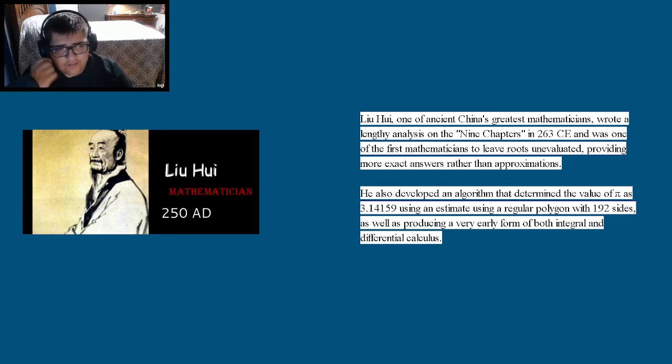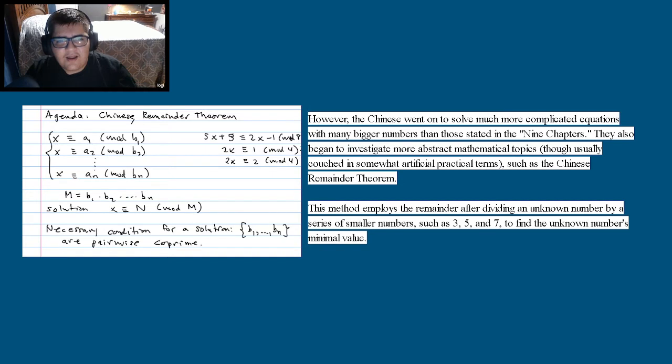We have a picture of Hui, and yeah, so he was the one who developed pi, which is something we use today in finding the area of circles, mainly. And yeah, the Chinese went on to solve more complicated equations with many bigger numbers than those stated in the Nine Chapters. They also began to investigate more abstract mathematical topics, though usually couched in somewhat artificial, practical terms,